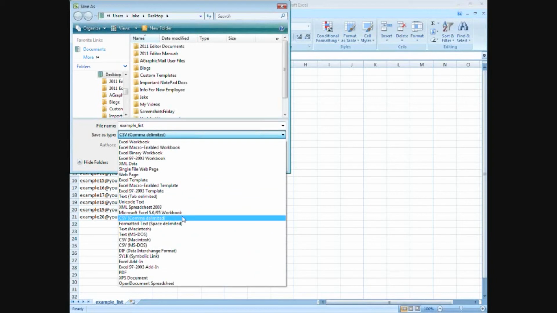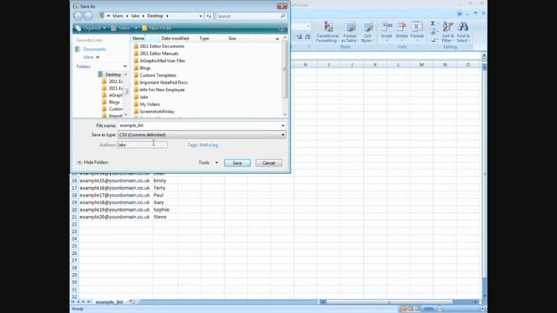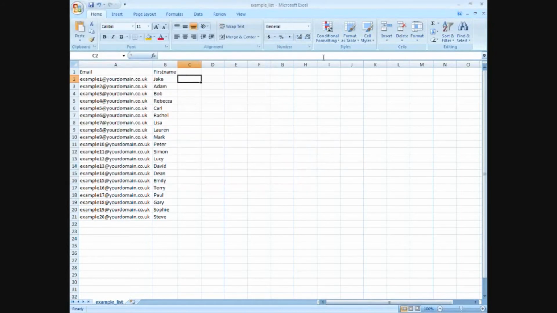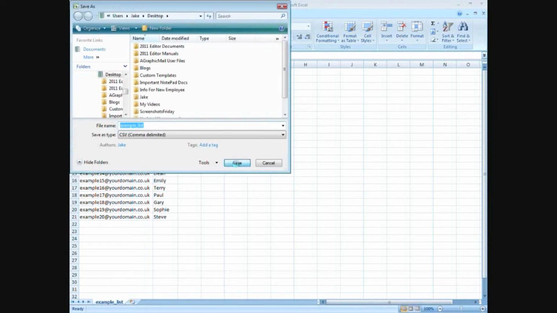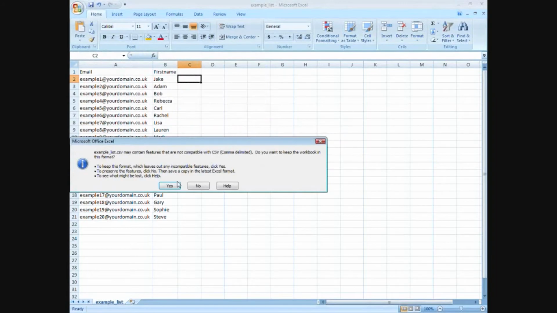You've got a number of options here which the system will take, but the one that is most convenient is the CSV, comma delimited. If you use that, the system will upload it instantly without any issues. So what we do is just save it. We're going to save over the one that I've got, and then we can just close this down. So I'll ask you to save it again to make sure that it's saved,